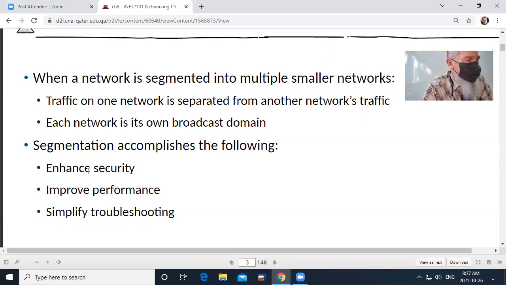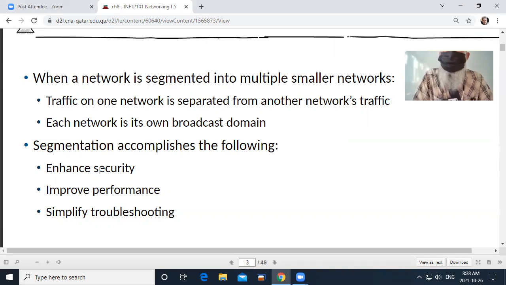Maybe one of the key benefits is going to be security, because you can separate the subnets so that clients have access to a subnet, but not to other subnets. For example, in a large organization like we're in here, you could have a subnet for the accounting function, a subnet for the networking function, and a subnet for the teaching function. That way your teaching people aren't accessing the accounting.